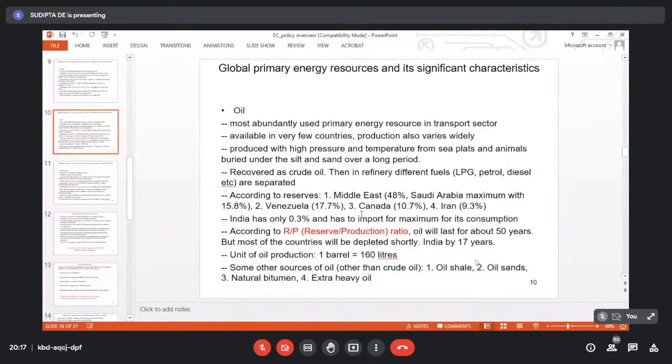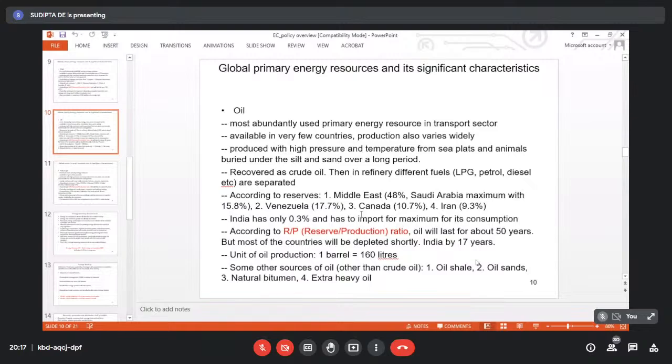And as you know, in the last war of Russia and Ukraine, there also the strategic planning of Russia is involved. Europe, many countries are depending on gas supply from Russia, and Russia has imposed certain restrictions on those, because sometimes we use natural resources as a political weapon. And from that viewpoint, oil has been used several times as a political weapon just because oil distribution is not uniform all over the world.